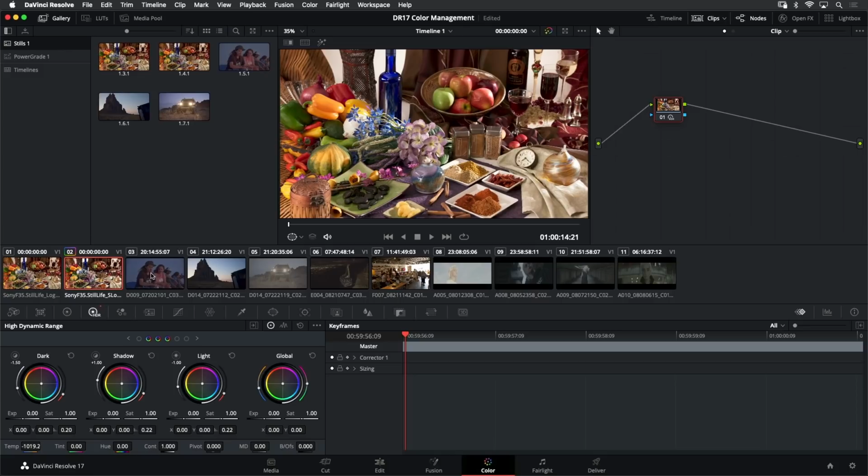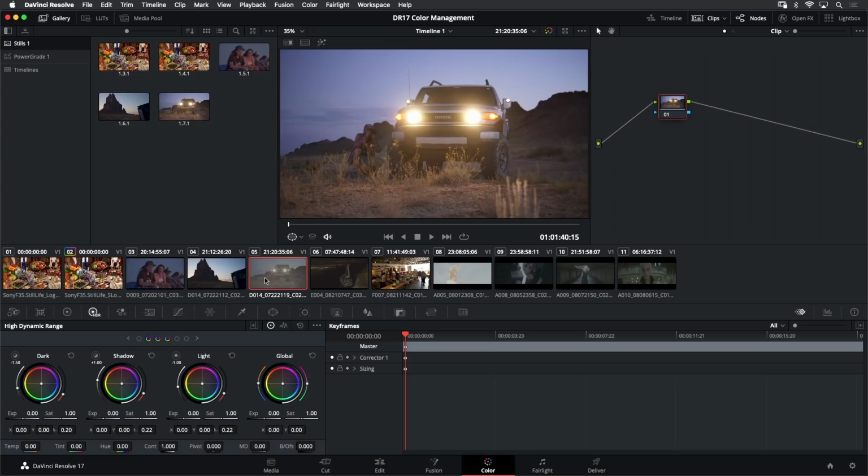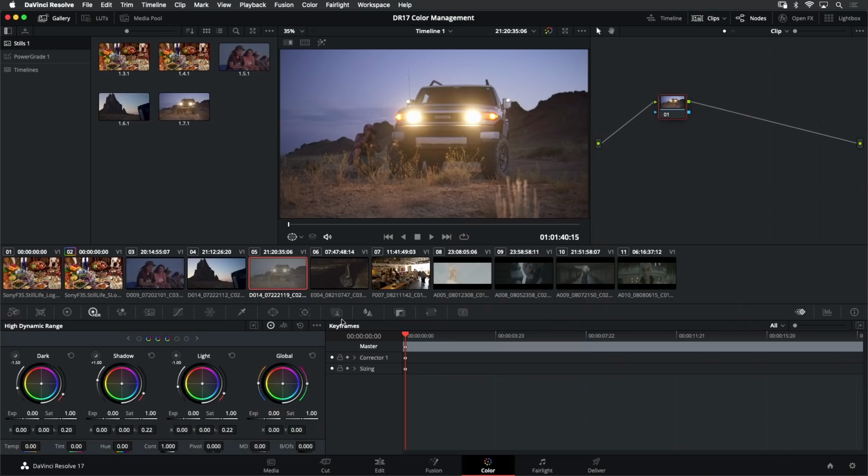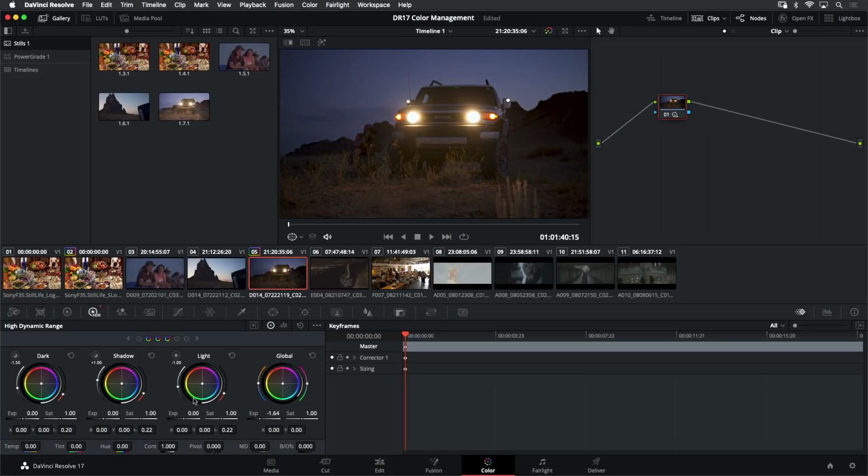And the same concept extends to exposure as well. So if I were to go to a shot like this one and say, you know, really what needs to happen here more than the adjustment of my primaries or my contrast is that I need to adjust my exposure. Here within the HDR palette, because I am color space aware, I can make a photographically accurate exposure adjustment by grabbing this global exposure slider here and moving it in a negative direction. So again, very organic, naturalistic, photographically accurate adjustment that I can make here within the HDR palette.